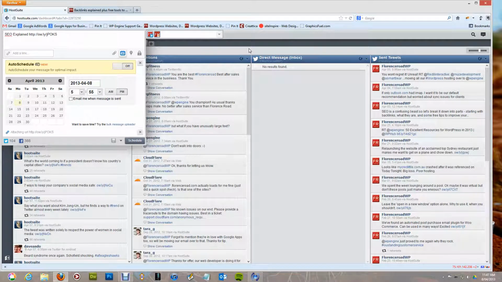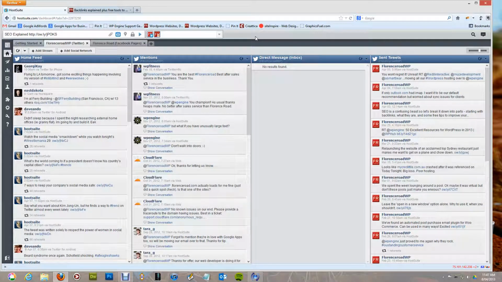Yep, done. So on a real basic level, that's setting the account up and being able to send tweets and messages through to Facebook and things like that. The other thing it can do, obviously, is if you open it up on your phone, on Android and iPhone, it'll sync between what you see on the web version and what you see on your phone. And with your phone, you can also set up alerts so that it will let you know. You just have to go into the settings